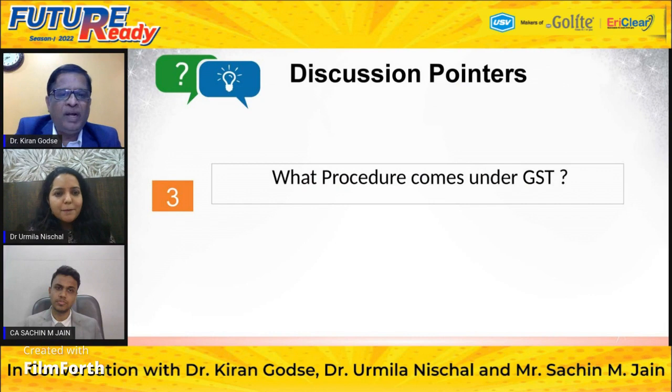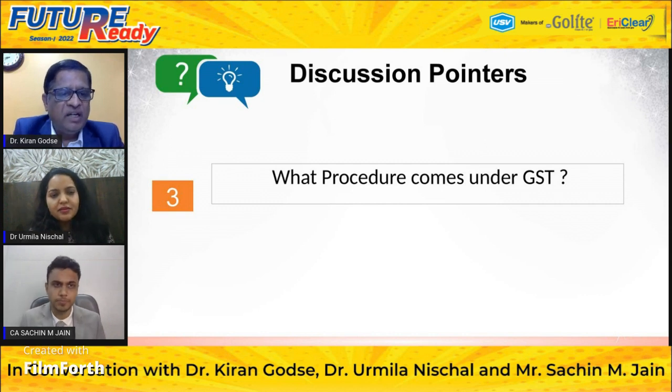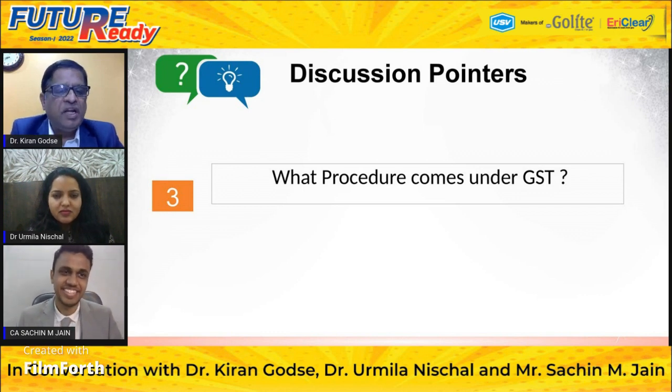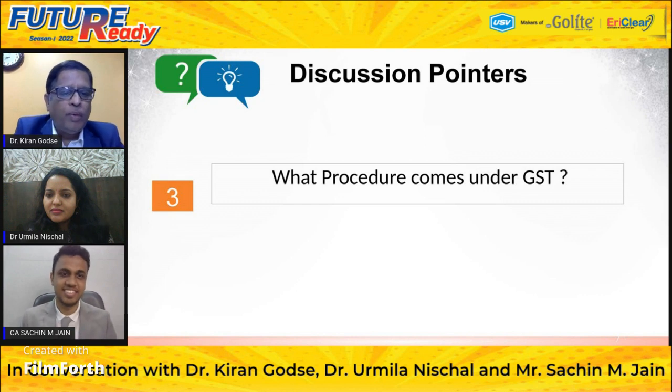Sachin, there is an important thing, and I'll come to you, Urmila. One patient came after doing all the survey and said, Doctor, XYZ procedure is 20% more economical at a young dermatologist, whereas it is costlier in a big setup. As I understand, the young dermatologist will not be charging GST, so his charges will be less, and a big institution or senior dermatologist will be charging 20% more. Many times people do doctor shopping. So my question is, our association says you can give a composite single charge to the patient, and you have suggested that you need to put an 18% charge separately. What do you think about this? How do you go about it?